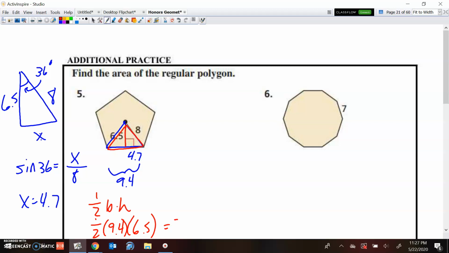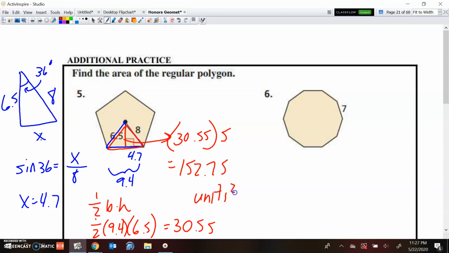And that's 30.55. And I see that I have 5 of these triangles, so 30.55 times 5 is going to give me a final area of 152.75 units squared. Okay? All right, so now let's go ahead and do this last one, give it a try,